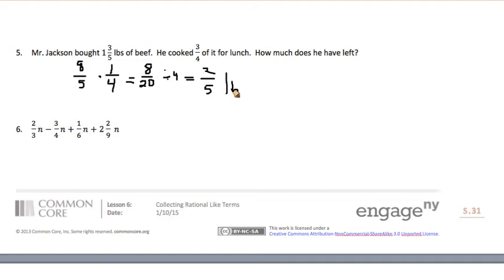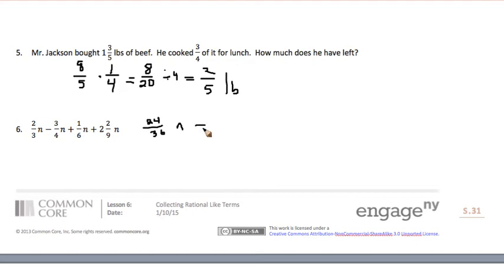And then finally, in question 6, we have variables. We have 2/3 n minus 3/4 n plus 1/6 n plus 2 2/9 n. And we're going to need a common denominator. The least common denominator, I would think, is 36. So the first thing we should do then is change all of our numbers to 36. And that would give us 24/36n